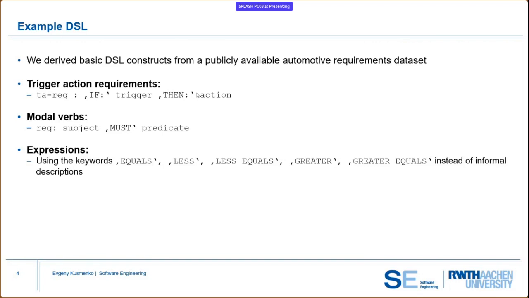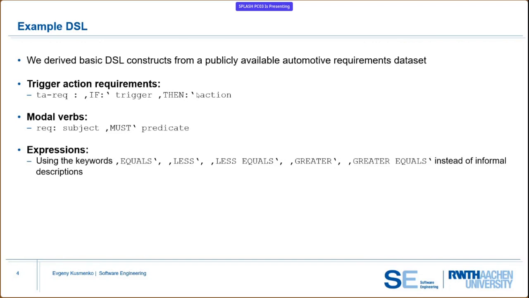A second rule for us is the introduction of modal verbs. So we realized that many requirements lack modal verbs, and then it's ambiguous whether this is a requirement or a pure description of something which is already there. So for example, if I say that the car drives 100 kilometers per hour, it does not sound like a requirement, but sometimes it is. So it should be formulated like the car must be able to drive 100 kilometers per hour.